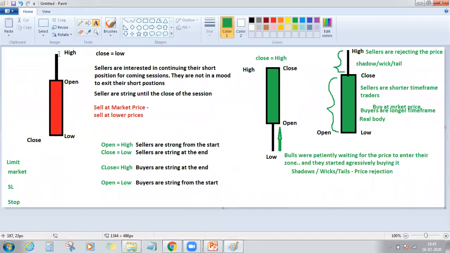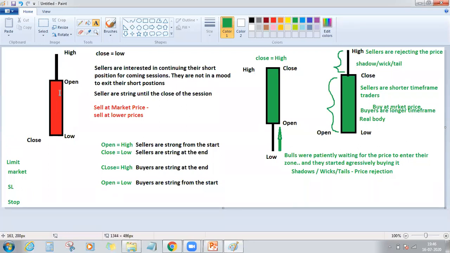So here all the sell limit orders got executed. Price made a new high, it opened here, it went higher and higher, and people who wanted to sell higher, their limit orders got executed. Now once this rejection is seen, when the price started falling down, either the buy limit orders are getting executed here or the sell market orders are getting executed here. But by looking at the length of the candle, we have to make the assumption that here all the sell market orders are getting executed.